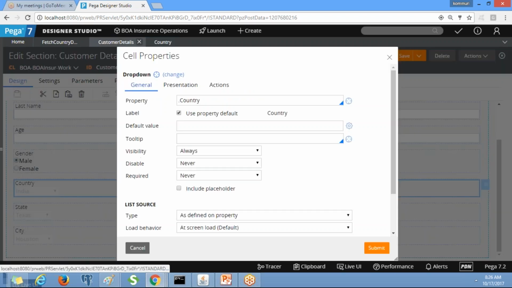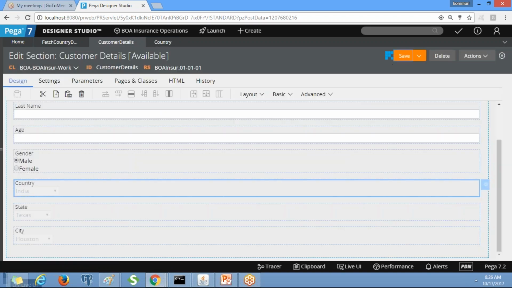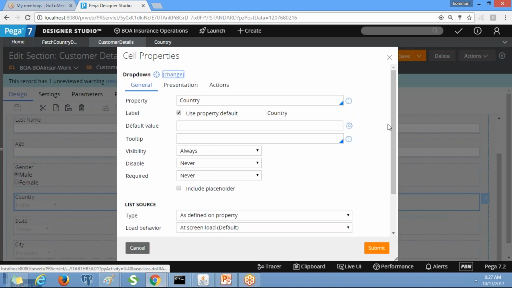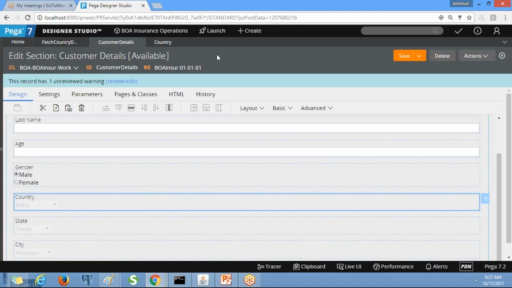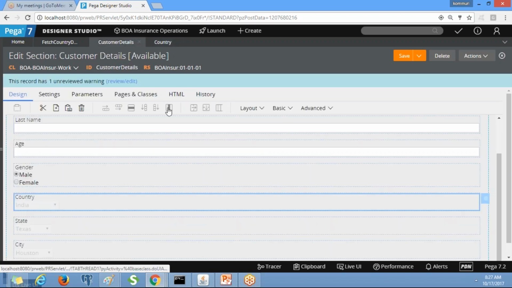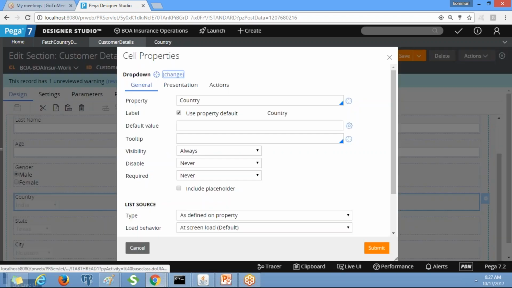Go to the customer details, country property. So we removed, right? Similarly, you need to remove all those values from the state and city. Now go to the country.